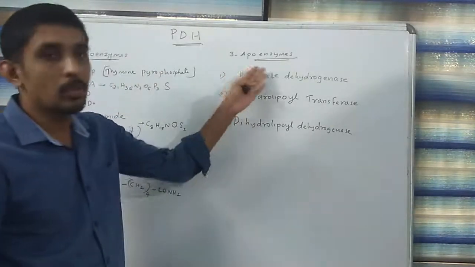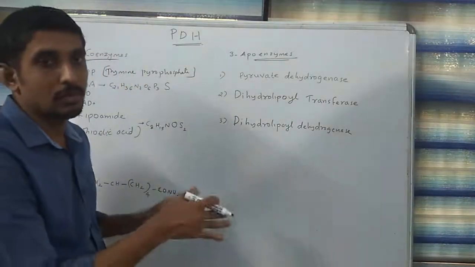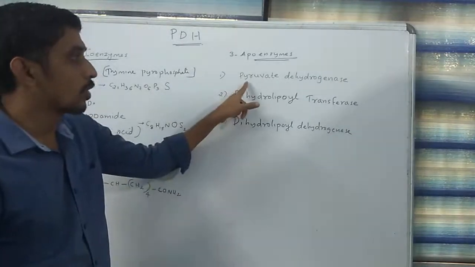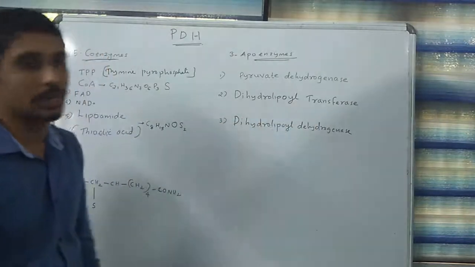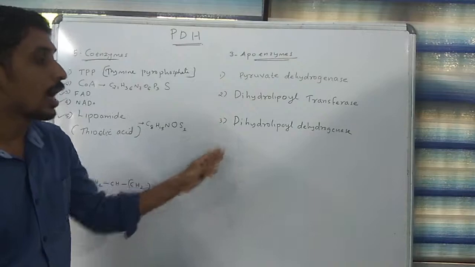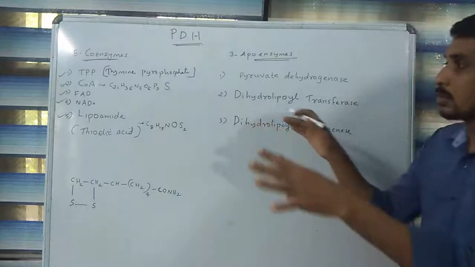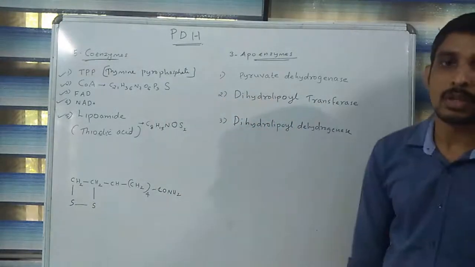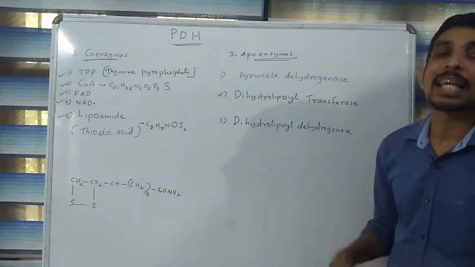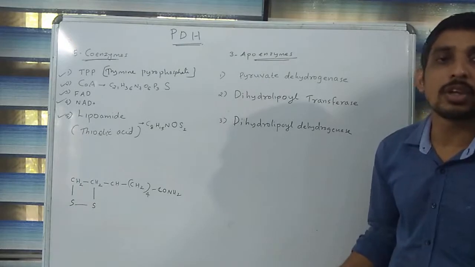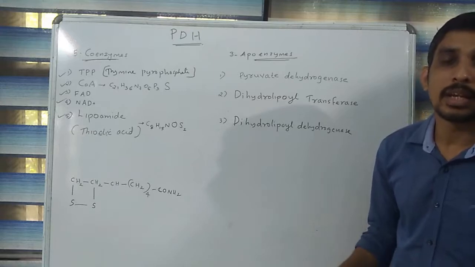When we move into the protein part, there are 3 main apoenzymes present in the pyruvate dehydrogenase complex. One is called pyruvate dehydrogenase, the second is called dihydrolipoyl transacetylase, and the third is called dihydrolipoyl dehydrogenase. Due to the presence of these components, we call it the pyruvate dehydrogenase complex. This complex converts 2 molecules of pyruvic acid into 2 molecules of acetyl coenzyme A by releasing 2 molecules